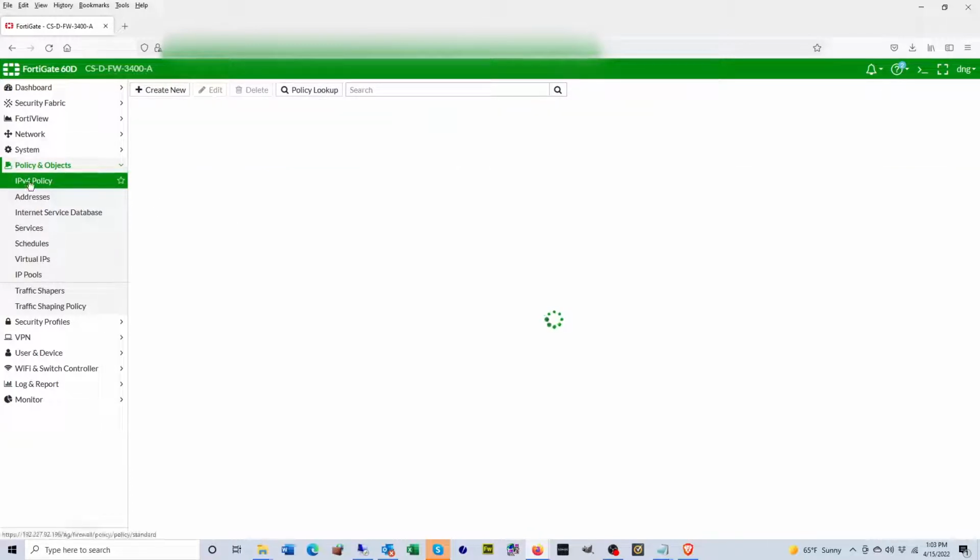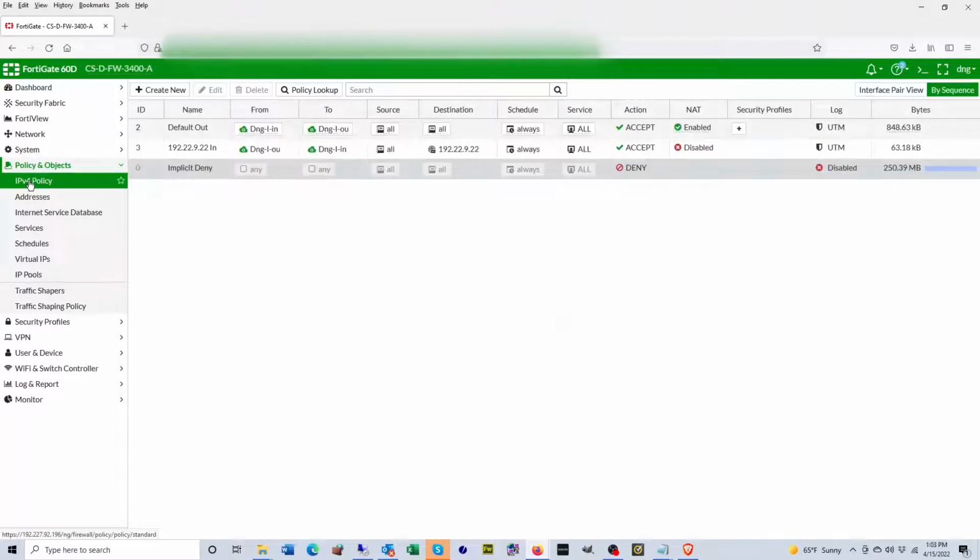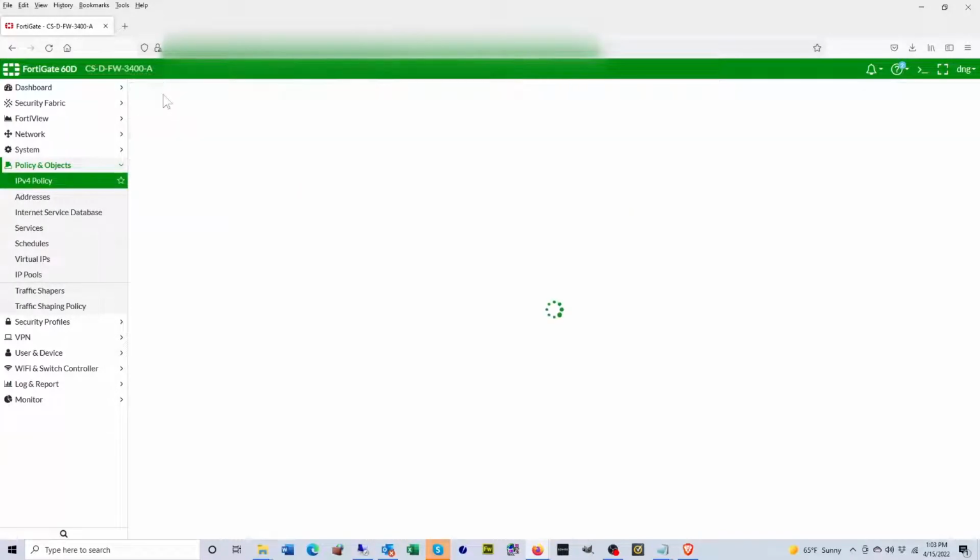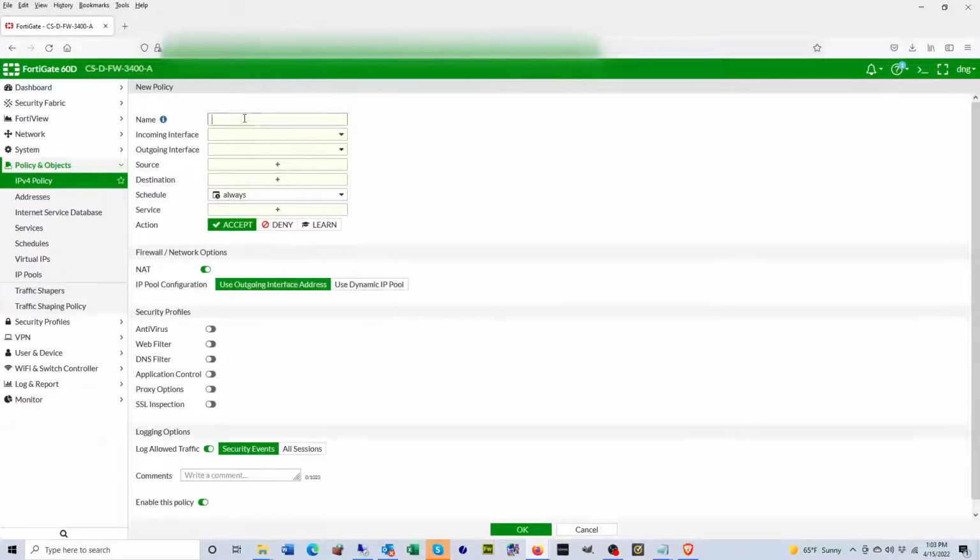So you're going to go to IPv4 policy. This is where you set the policies to block or allow anyone through your firewall so that they can access your server. Once you're in the IPv4 policy, you're going to click on Create New, because we're going to create a new policy. Once you're on this page, you're going to give it a name. I'm going to call this block countries,